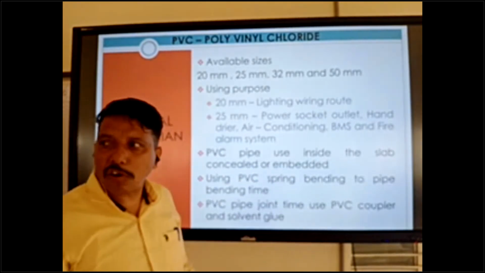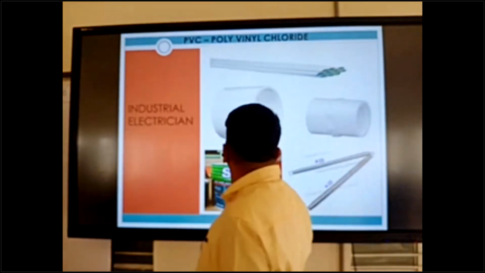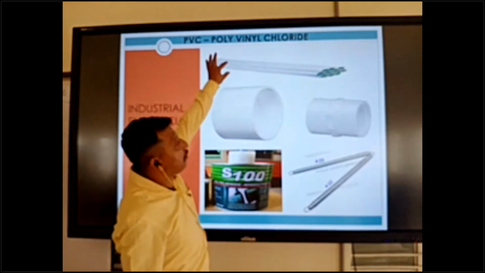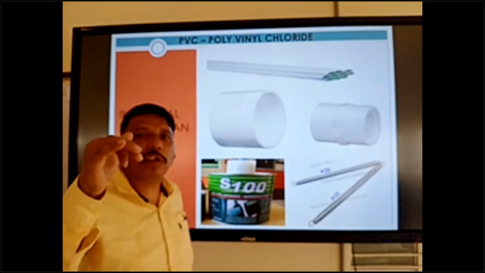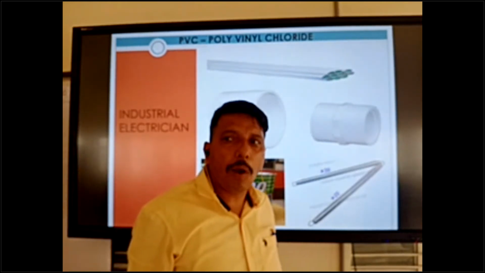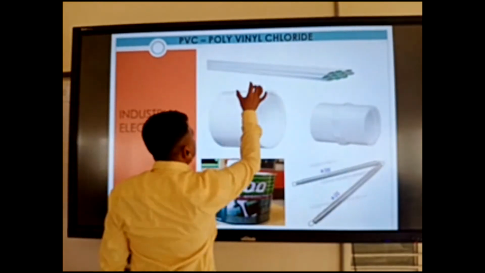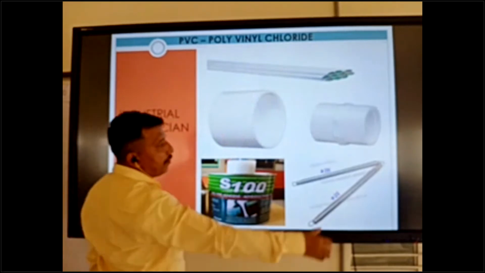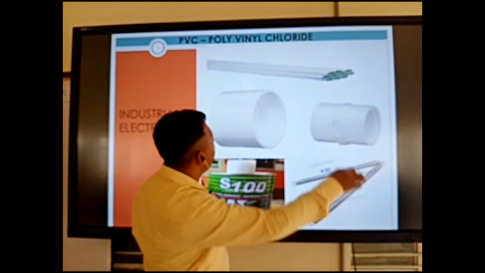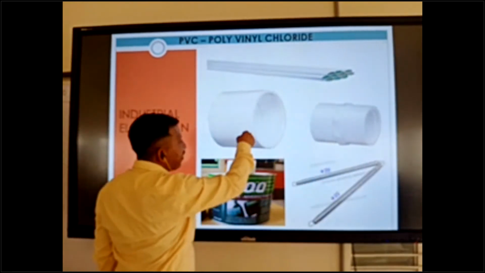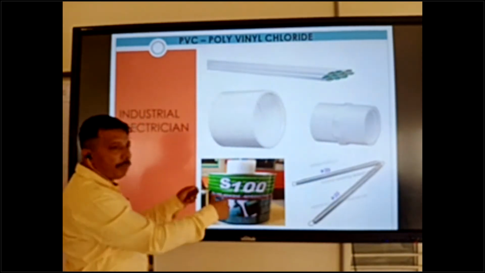I will show you the pictures. This is the PVC pipe, mostly used in white color. This one is a PVC coupler. This is a PVC adapter. You can write in your notebooks: PVC pipe, PVC coupler, PVC adapter, solvent glue for joint purpose, and